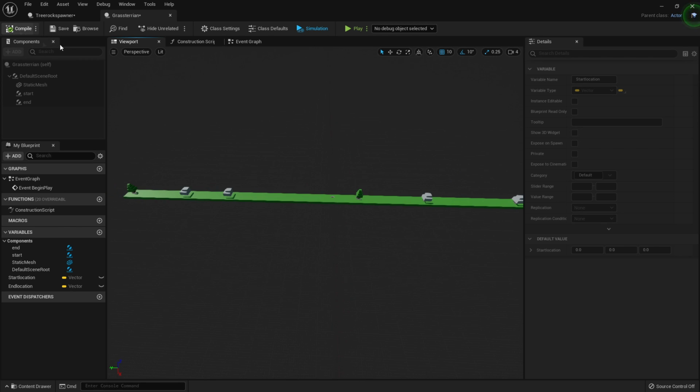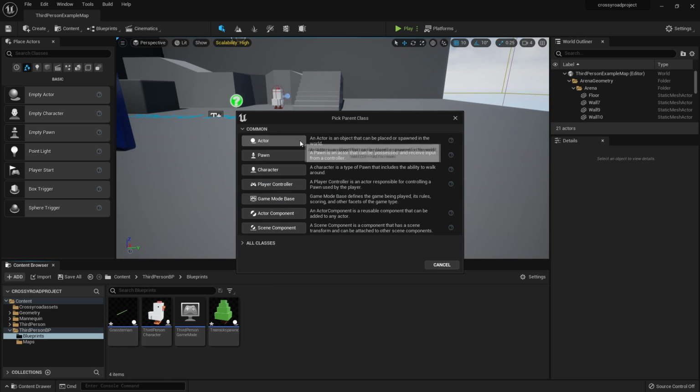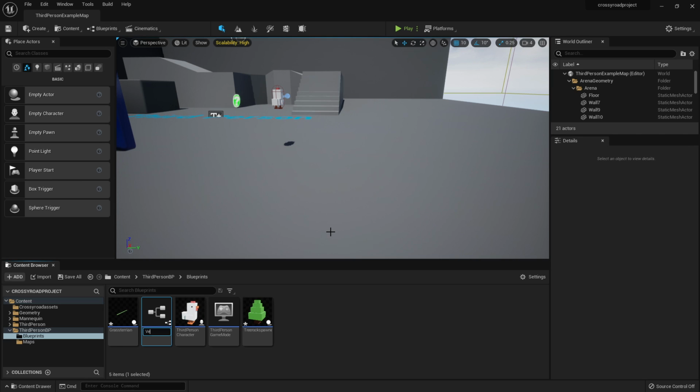So with that, we set up our grass terrain. Next, we're going to set up our road terrain, which will have random cars on it. So first, we're going to create our cars, which will spawn on our road. So if I just right click, look for blueprint class, actor, and I'll just call this my vehicle. Then if we just double click and go inside here,